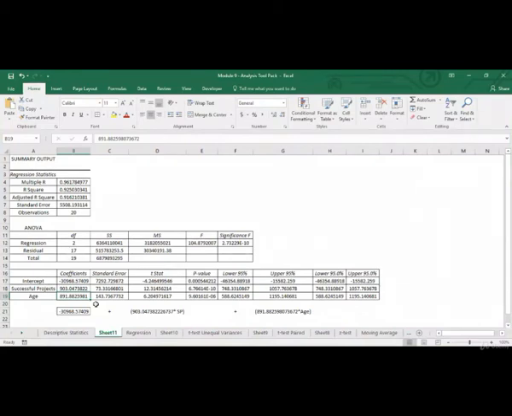Now to see if both these independent variables are statistically significant or not, we look at their p-values, and these p-values should be less than 0.05. Over here, if you look at the p-values, they are very less as compared to 0.05. Hence, all three of these variables are statistically significant. If one of these variables is not statistically significant, then we need to delete that variable and start with the entire model building or equation building again.